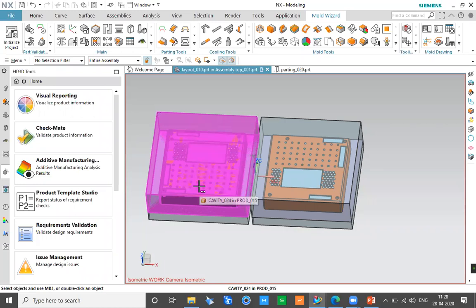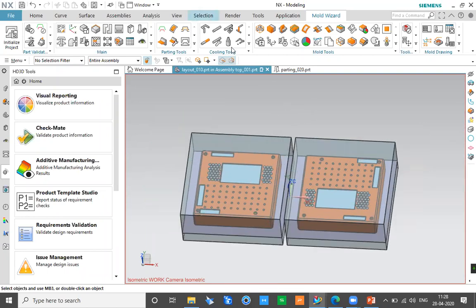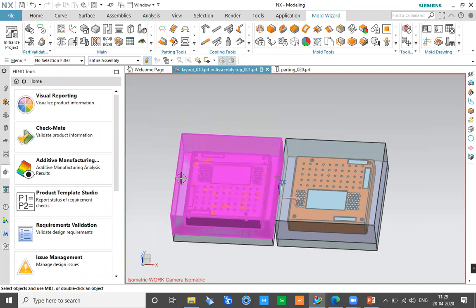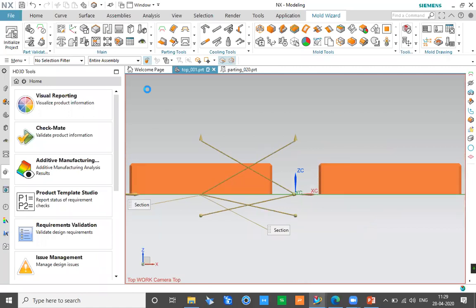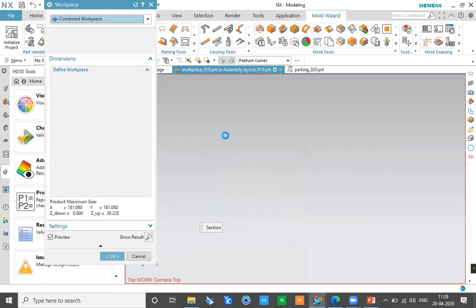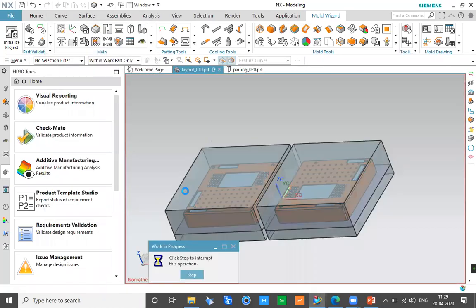Okay, now let's say I want to continue with the creation. We can decide first of all whether we need these cavities to be separate cavities, or whether we need them to be a single workpiece. What I'm doing is I want these cavities to be a single workpiece. So I'm going for the layouting part again, and here I'm defining that I want to combine both the workpieces together, and I'll click OK for this combination.